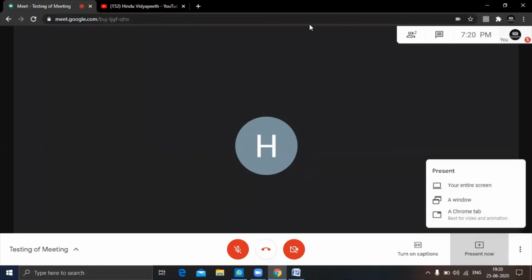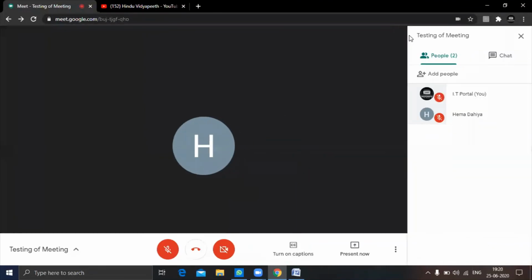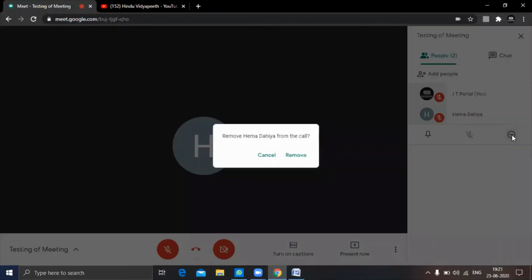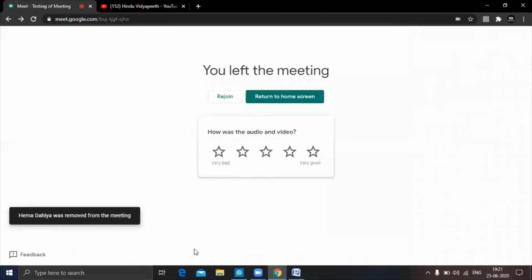And if you want to remove a particular person, remove a student, please keep in mind that you should be the last person to end the meeting. So before ending the meeting, you must remove all the students or all the participants from here. You can mute any participant from your side. They can unmute themselves and you just click on remove from meeting. The participants will be removed by you, click on remove and then you can click on end meeting. So return to home screen.